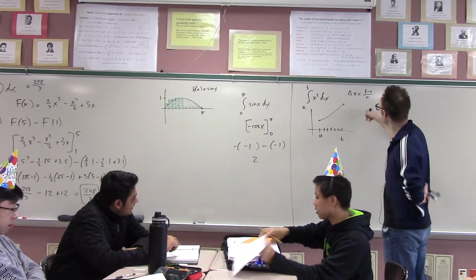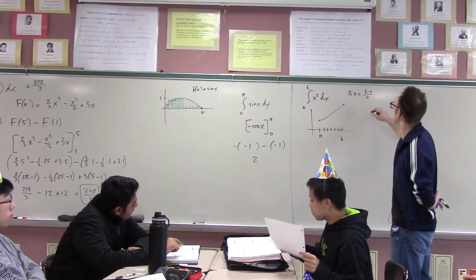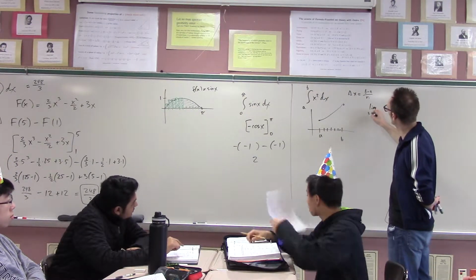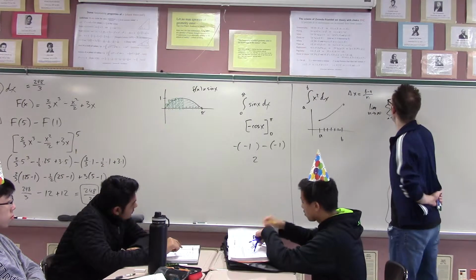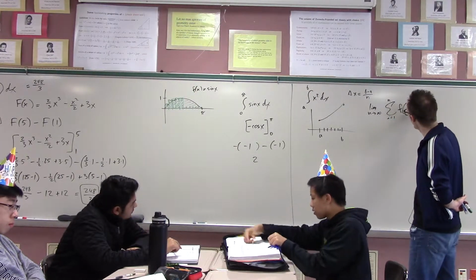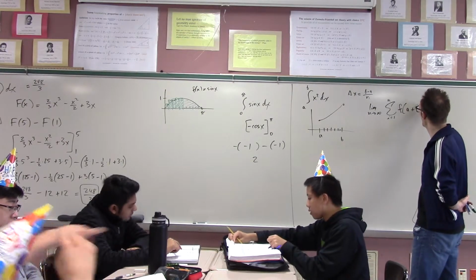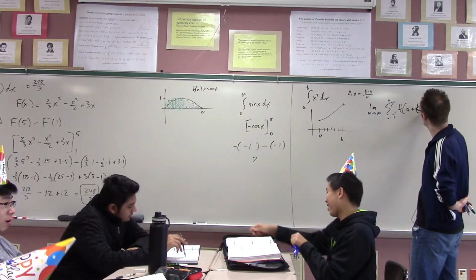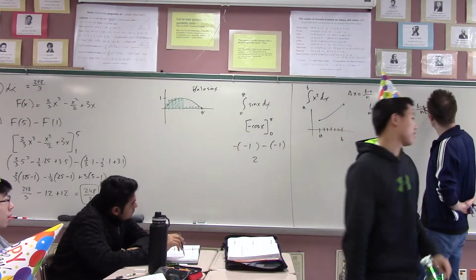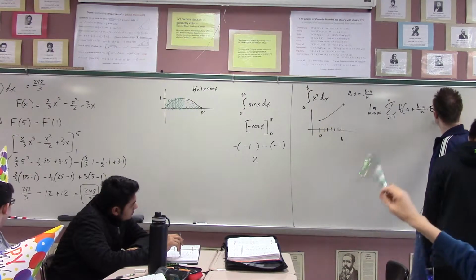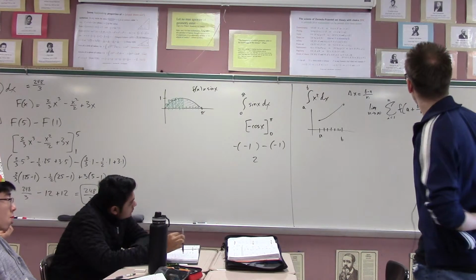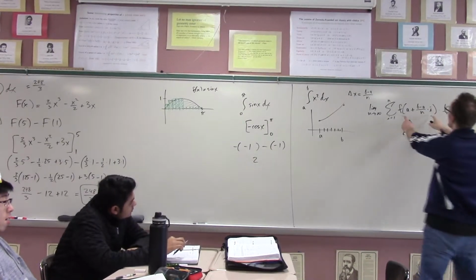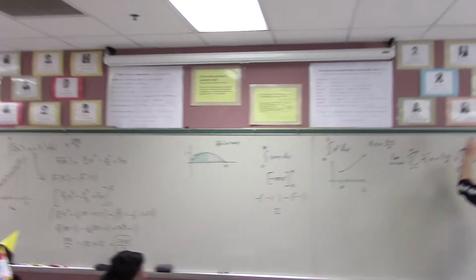What you end up with is an approach to the sum from i equals 1 to n of f of a plus b minus a over n times i, times b minus a over n. Is that what you had? That's pretty much right, yeah? Okay, now if you plug this into the squared function,